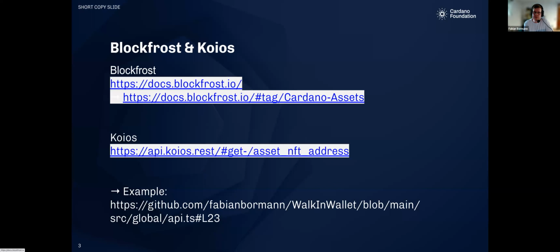In my spare time application that I write, I switched to Koios because it has one advantage over Blockfrost. You do not need an API key. So if you decide to go with Blockfrost, all good. Blockfrost is great. Make sure you hide your API key in a proxy application or in a small backend proxy or whatever